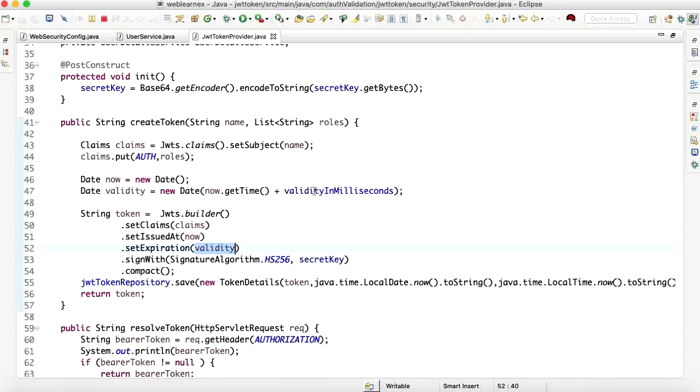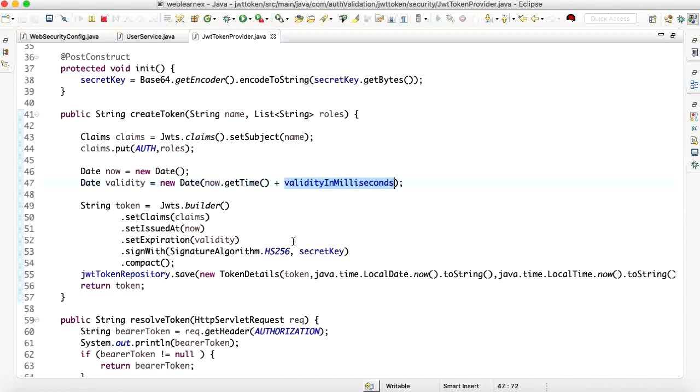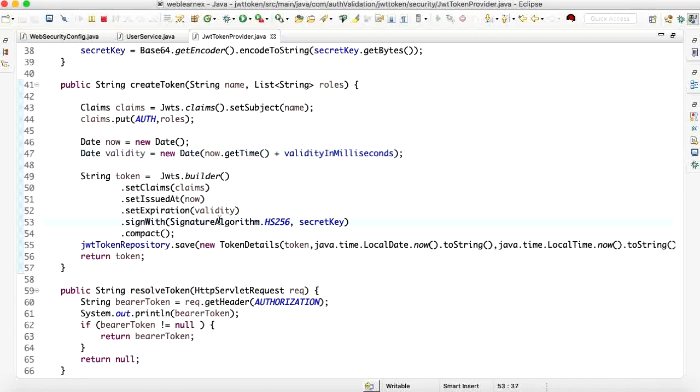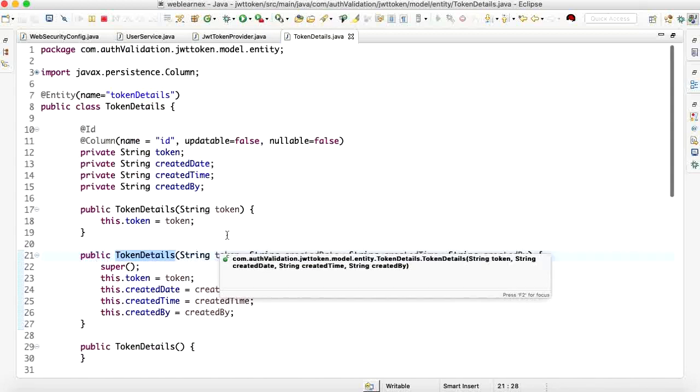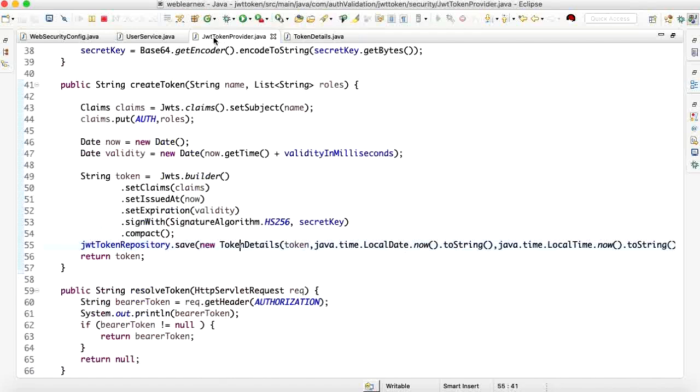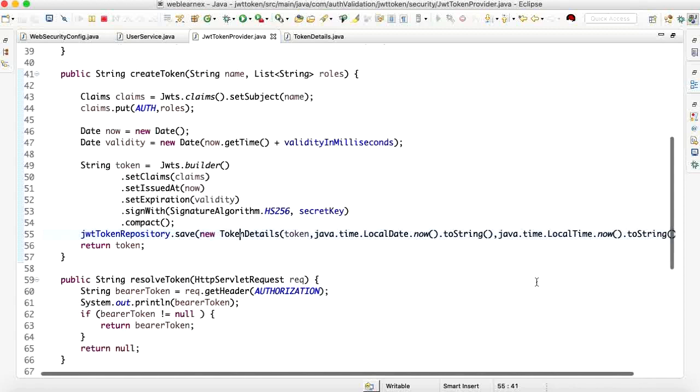Here I call my validity information, and for the security mechanism, I'm providing HS256 to this JWT. Then it will save this token with the token details, whatever I showed you in the token detail service. So it will store all the information in tokens and store it in my database.